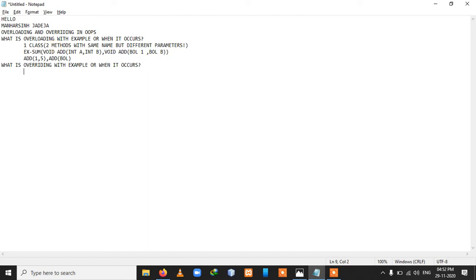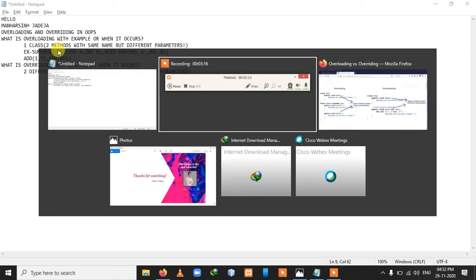Now in overriding, we can say that overriding occurs when I have two different classes, parent and child. Now I have one method or multiple methods with the same name and the same parameters in both the parent and child classes, with the same name and also the same parameters. If I give one example of it,